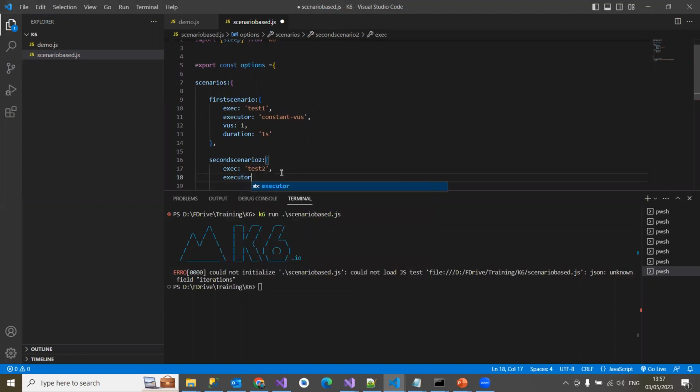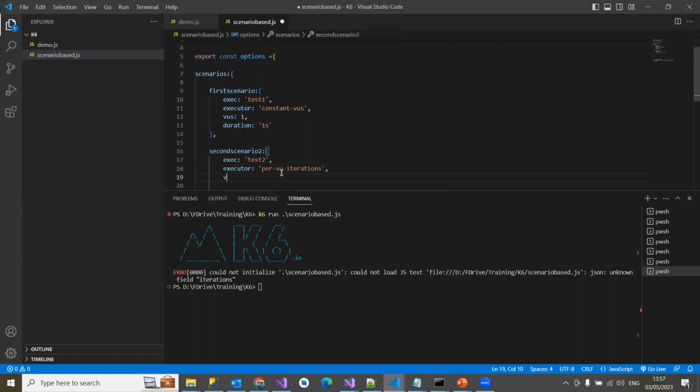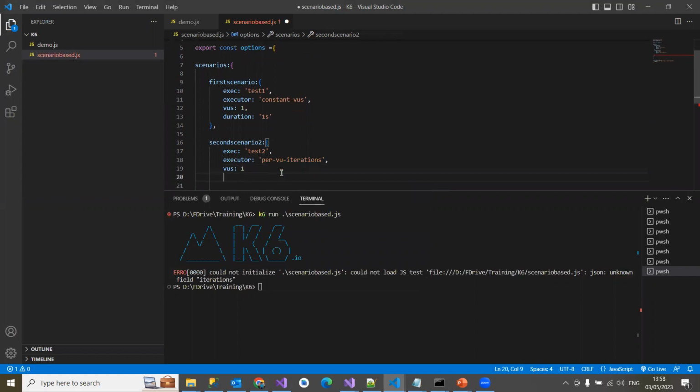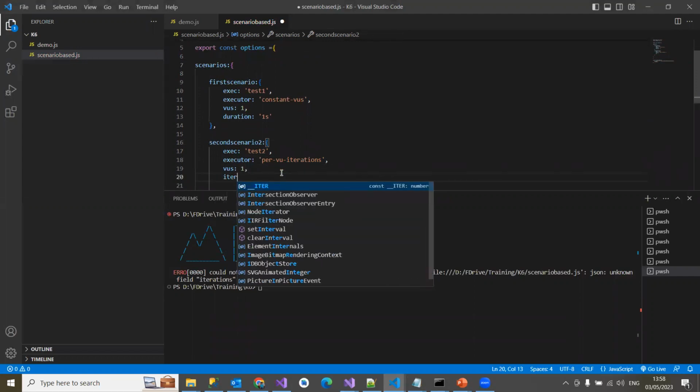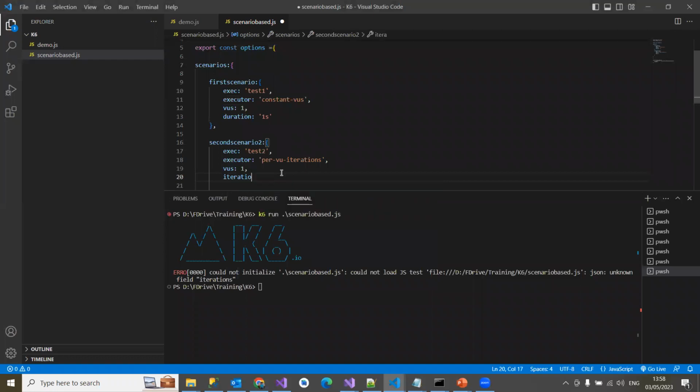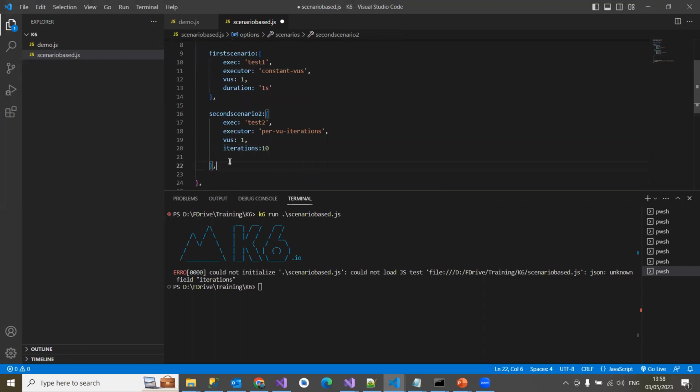For the executor, I think you have to go with per virtual user iterations so that you are able to give iterations. Now I'm going to specify iterations 10. Okay, that's it. So when I run this,